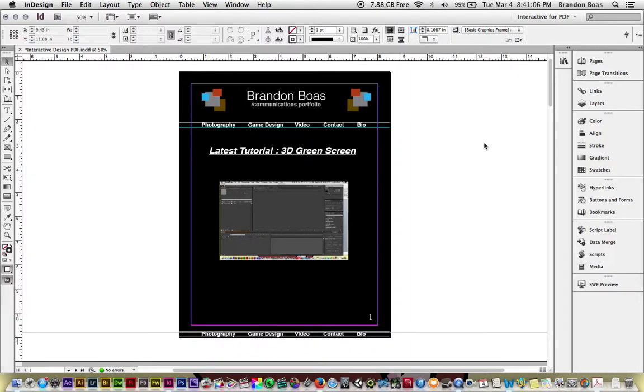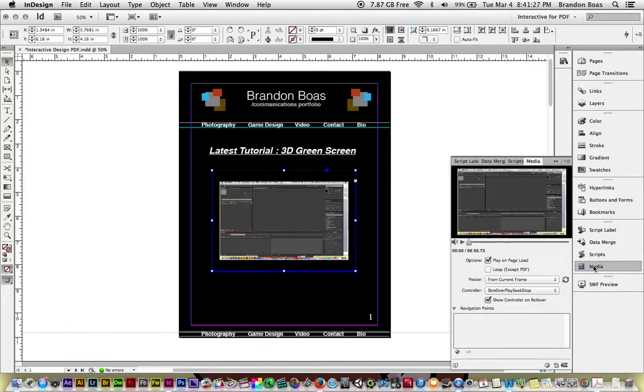The second part of a tutorial that's dealing with placing video in InDesign is going to center around the idea of making navigation points throughout your video, as well as a few additional options through Adobe Acrobat after you export it from Adobe InDesign. So to begin, we'll click on our video and we'll go over to the